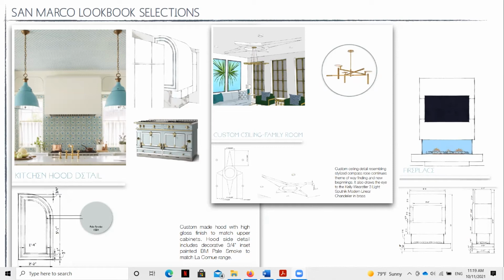Because as you're zooming into these focus areas and you're getting more and more refined on your design presentation, you're starting to think about how the parts and pieces are going to come together. And so that's why you're seeing more detailed drawing types here.